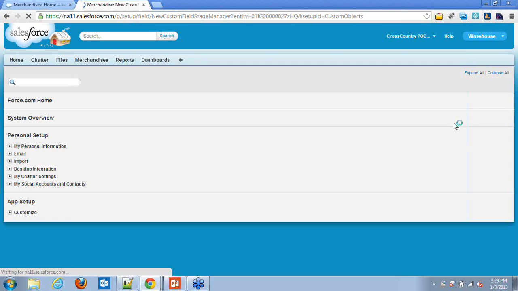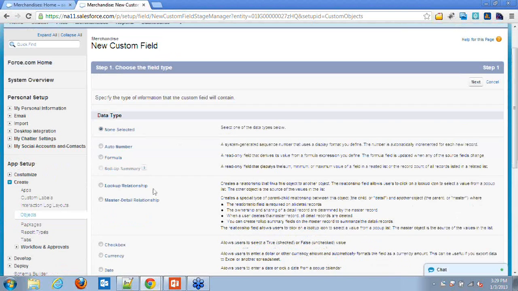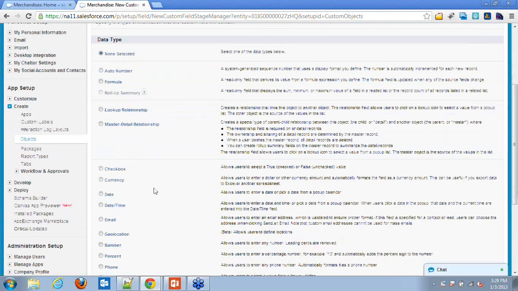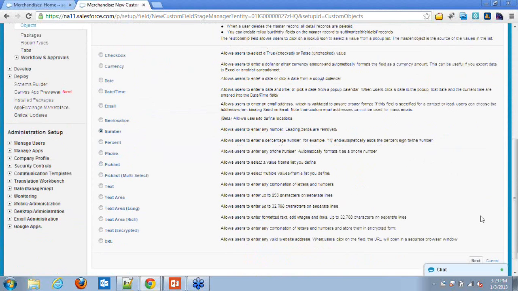And we'll create the last one as total inventory and as a number.